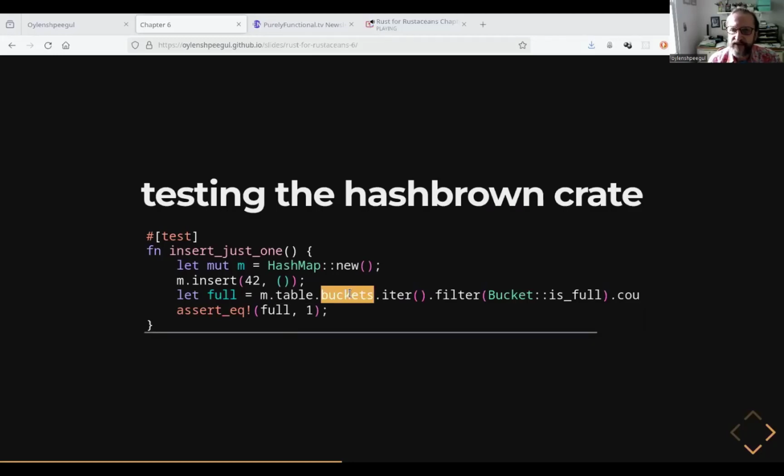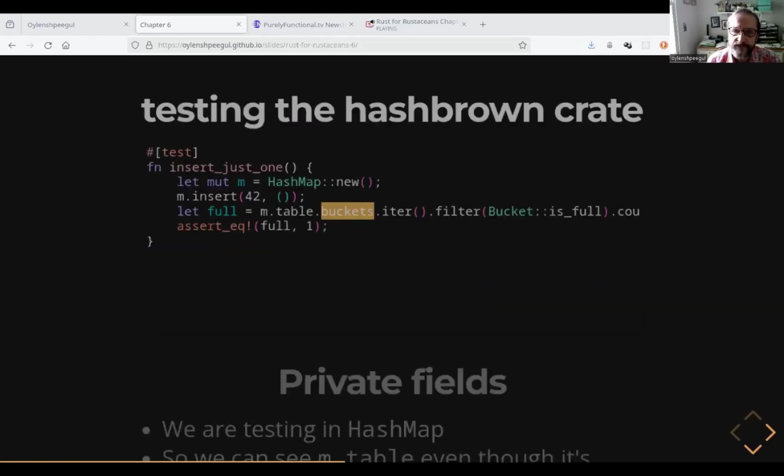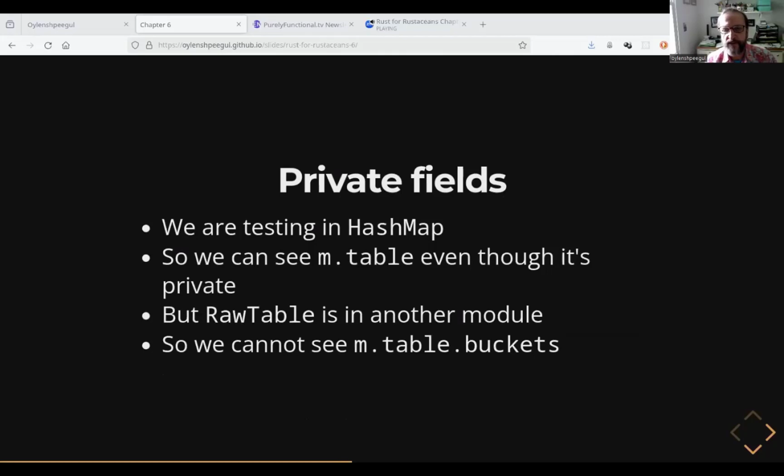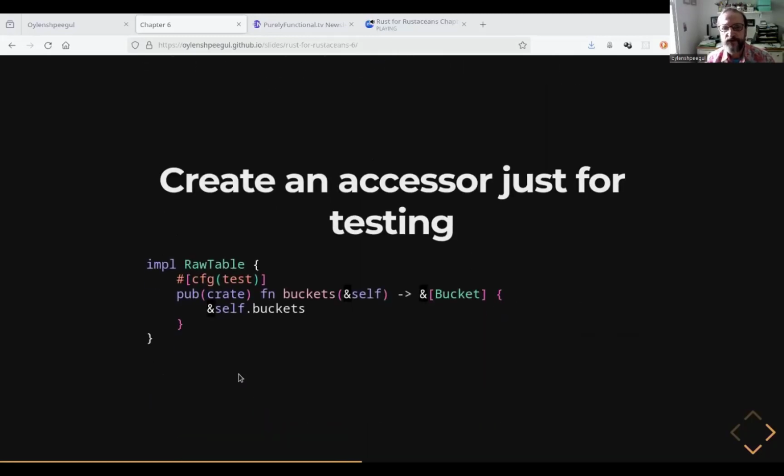And then buckets is a private method, which we can't see because it's a separate module. So yeah, that's what we just talked about here. So we can see the M table if we're testing hashbrown, but we can't see the buckets in the raw table module. So the solution, or a solution, is to